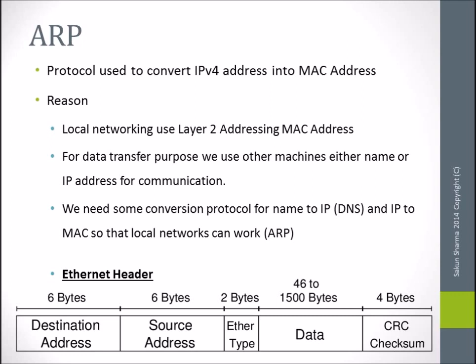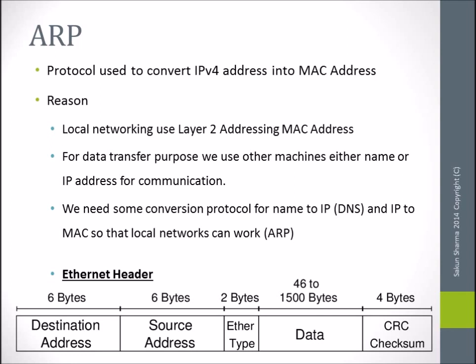So when you ask his computer name and try to open his computer or send some data to his computer name, at that moment the DNS service converts his computer name into an IP address. Afterwards, ARP comes into action. So ARP converts that IP address into a MAC address so that your machine can really send a frame to that